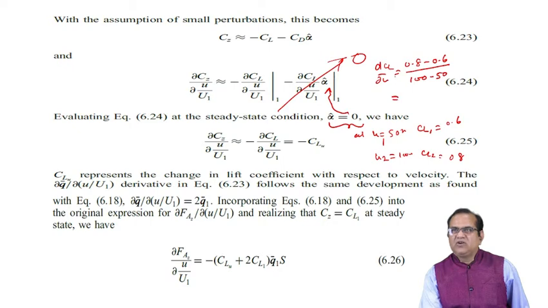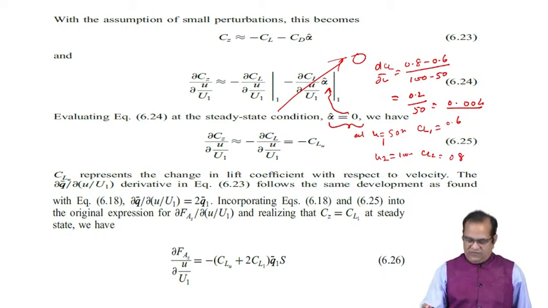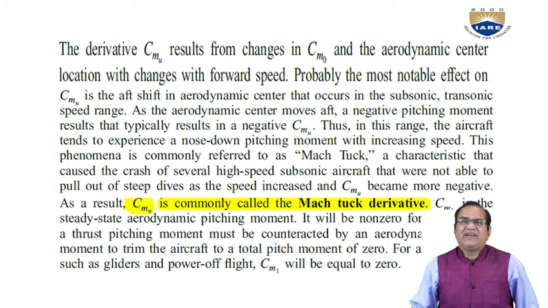So you will get 0.2 divided by 50, which is 0.004. Okay, and this actually will be in the negative direction. So in this way we can find out this derivative. The derivative CMU results from change in